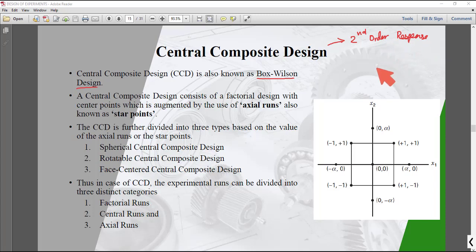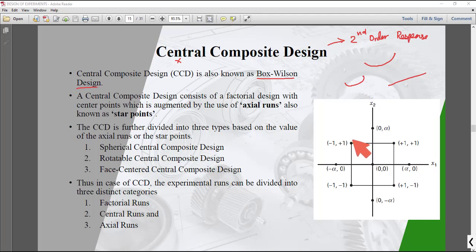Whenever we want to create a second order response surface, what does that mean? We want to create a response with a curve, right? We do not want only straight lines in our equation. We do not want the equation of only a straight line. We want the equation of a curve. Just imagine that we have performed only a factorial experiment. We are not doing central composite right now. We are doing only a factorial experiment.